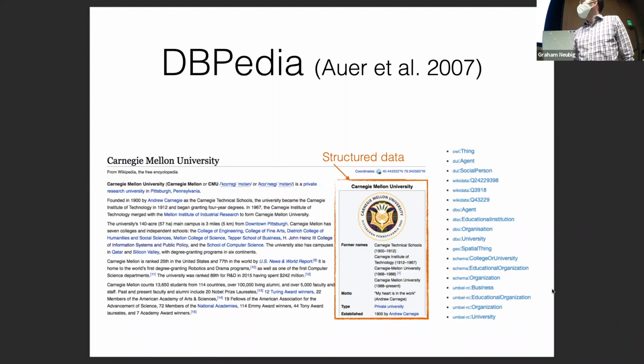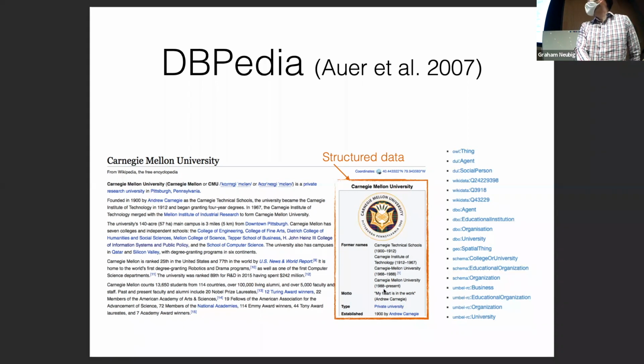And most of it's in textual format, but it also has these things like info boxes, which are structured data that tell you about relations between things and other things like this. And the good thing about it is that all of this is manually created, but it's on such a massive scale that it gives you something that just wouldn't have been possible if you were hiring people to do this kind of